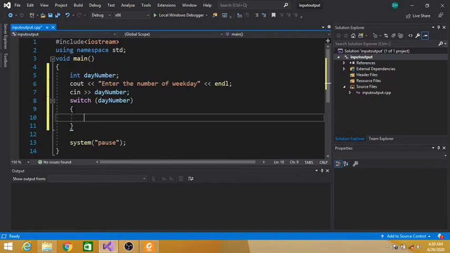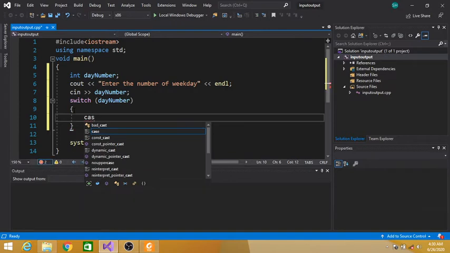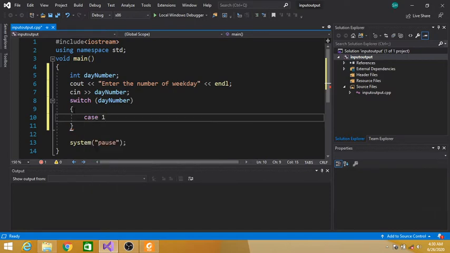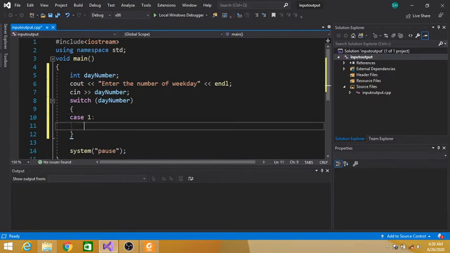Now for case 1, why 1? Because we have an integer variable. So case 1 colon, this is a syntax, you have to memorize it. Then statements,